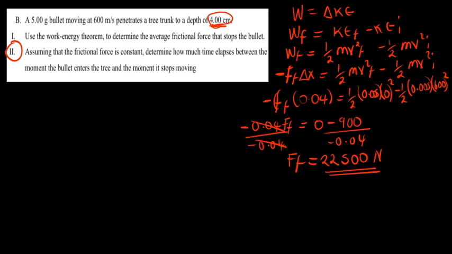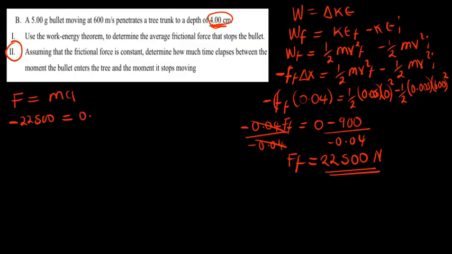Now, let's go to the other one. They say assume that the friction force is constant. Determine how much time elapses between the moment the bullet enters the tree and the moment it stops. So in that situation, we have to find the acceleration, right? So F equals ma. Remember, that's a friction force, so it would be negative 22,500, equal to